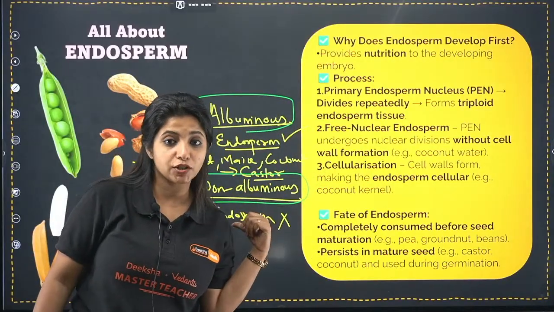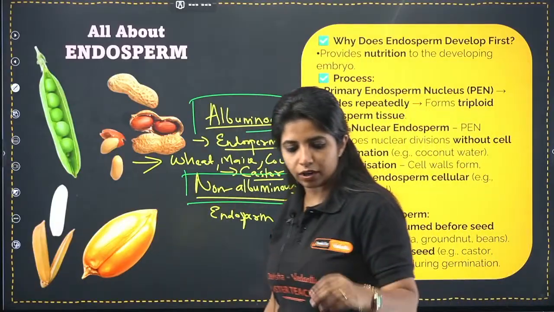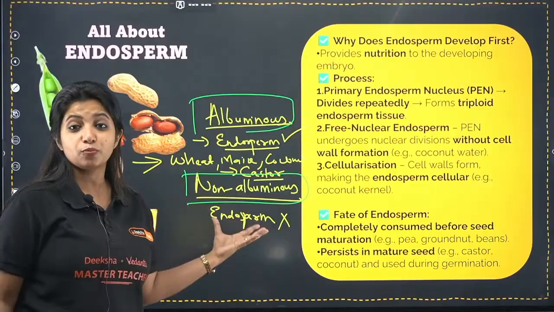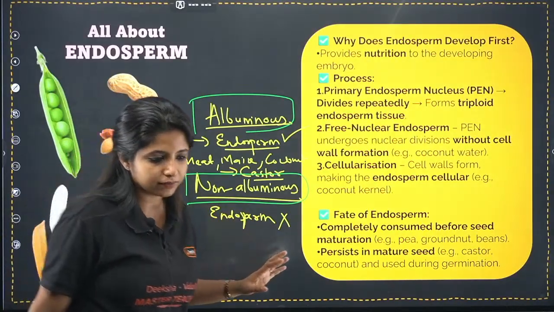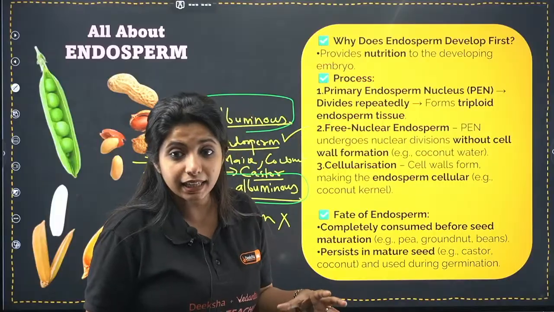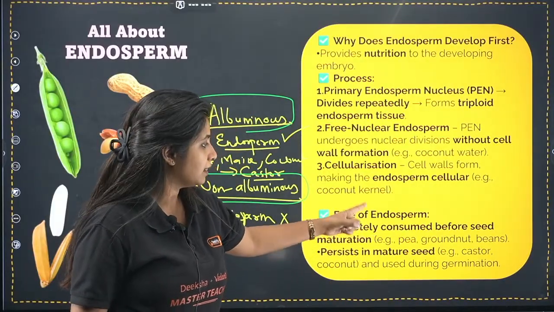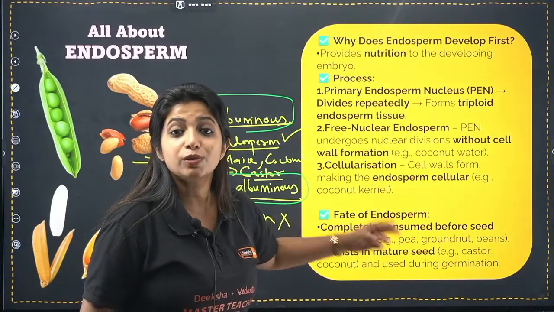Guys, I'm waiting for your answer. Over here, come on. Anu, come on. Vaishu, come on. Viju, and come on, Suvarna. Waiting for your answer. Which are the ones which have endosperm not left behind? I mean, it's not there. It's been used up completely. Here we studied, right, that it is completely used up before the seed maturation. What are those? Mostly the dicots.